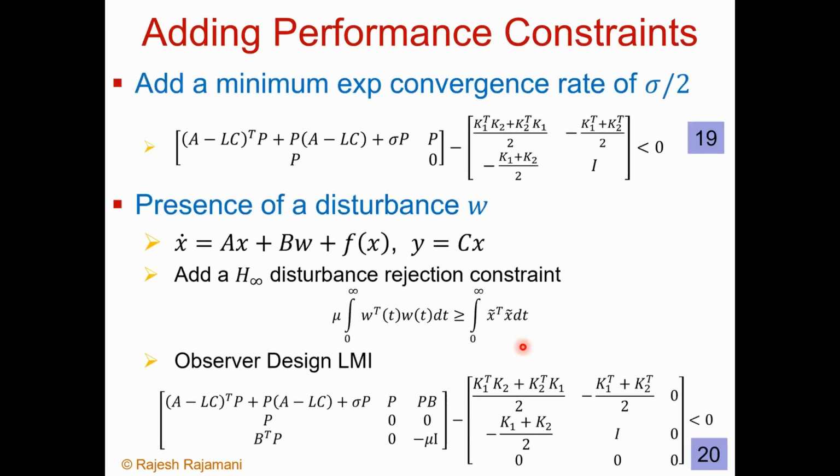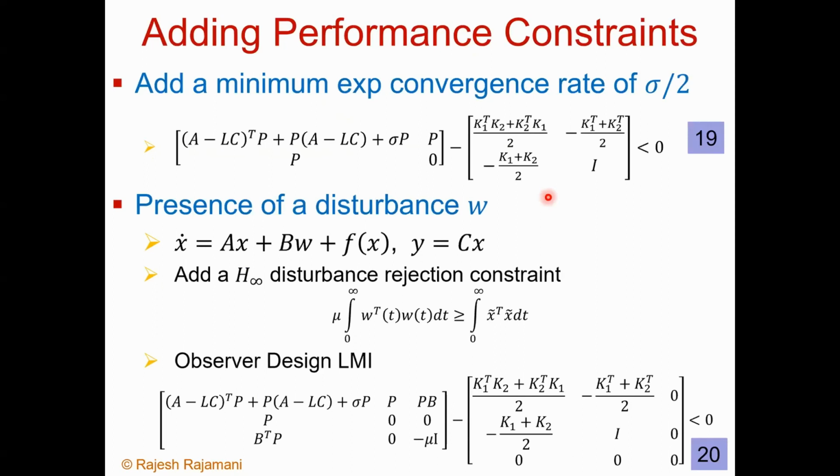So that is an easy observer design LMI that you might find to be very useful for your applications. Given a nonlinear function in general, if your nonlinear function is differentiable, you'll be able to find bounds on your Jacobian, and then you'll be able to find the observer gain that stabilizes the system. Now you can also add performance constraints